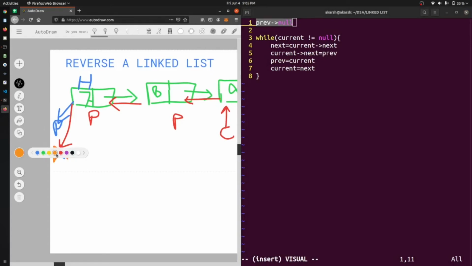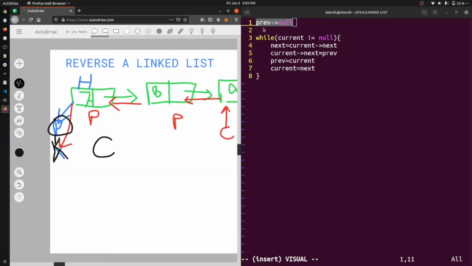Let me take orange or black. Let me take that. Okay, so we can see that this P at the starting was pointing at this null. Okay, then after that we have assigned a current. This was current.